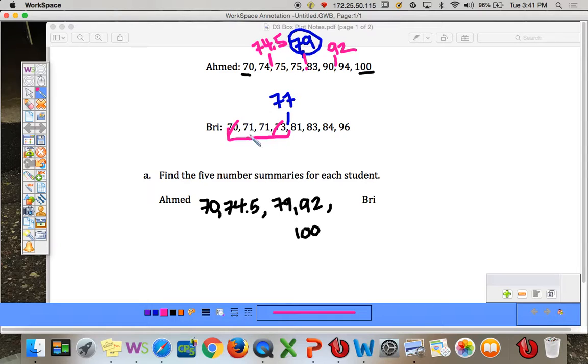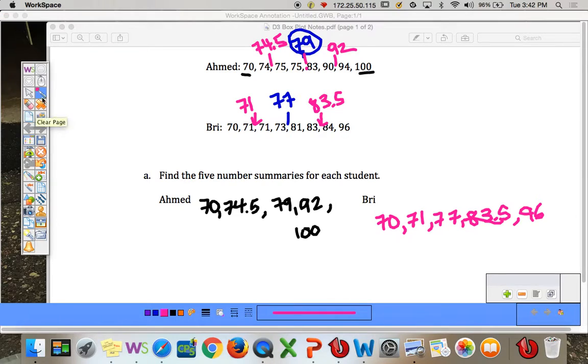Cross off till you find the middle. What's the middle of 71 and 71? It's 71. And again, if you didn't know, you could add them up and divide by 2. So this is 71. Let's find the middle of the second half of data. What's in between 83 and 84? You could average them, but I know that's 83.5. So Bree's 5-number summary is 70 is her min, 71 is Q1, 77 is median, 83.5 is Q3, and 96